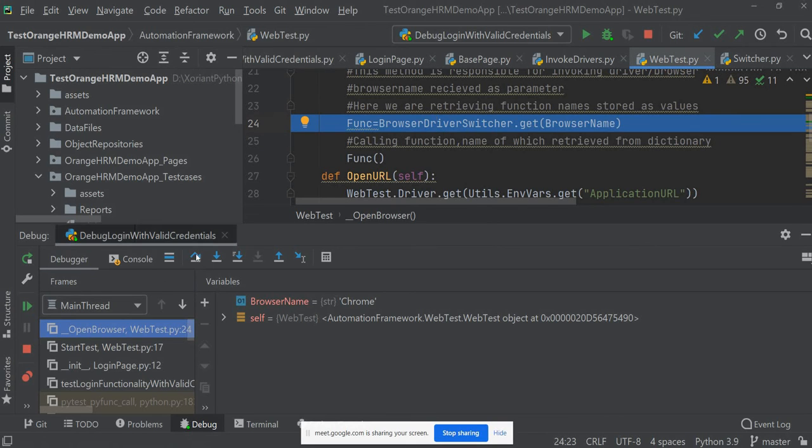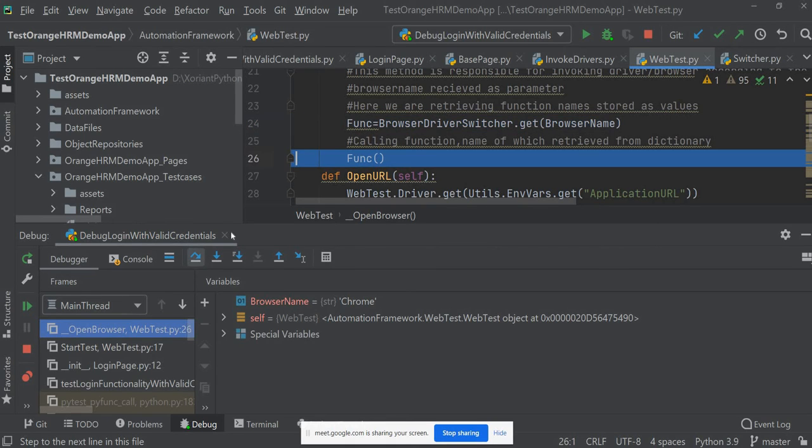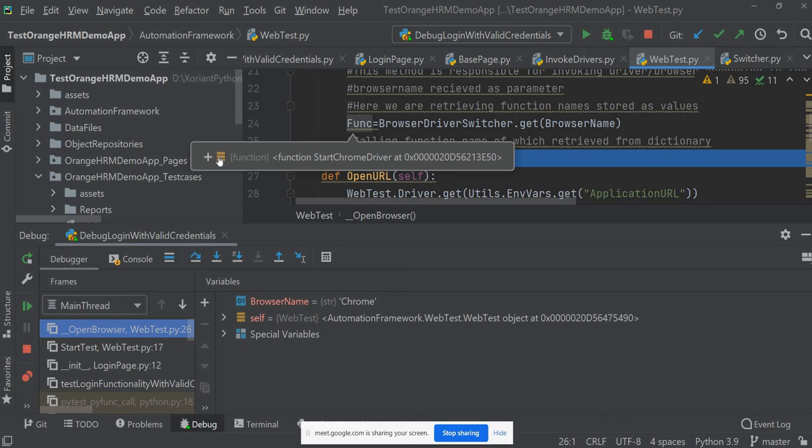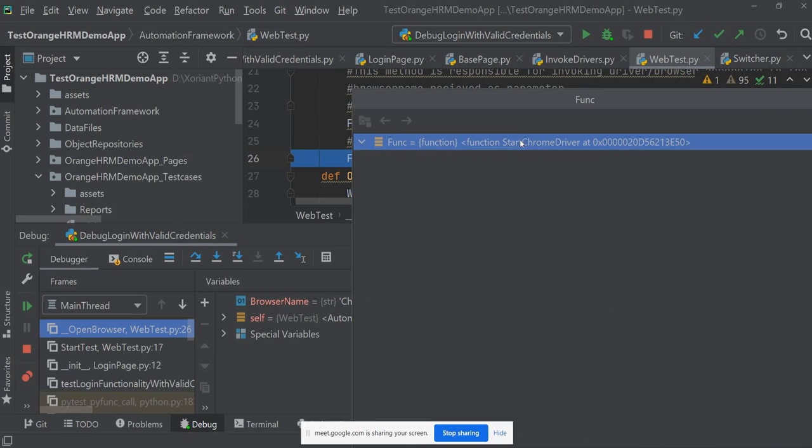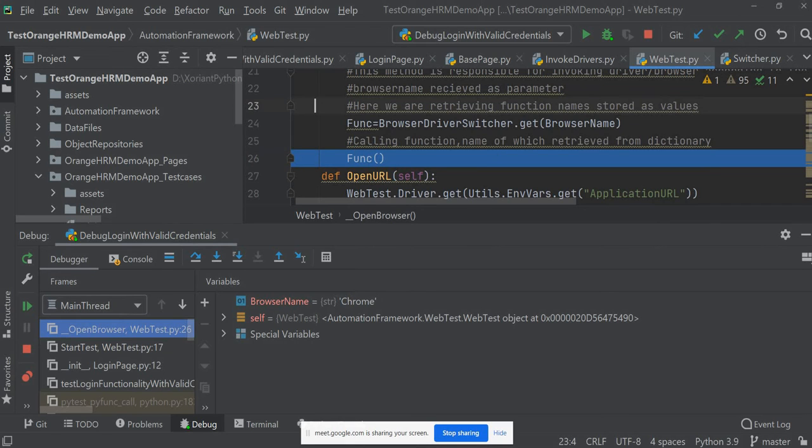I am doing step into, step over. In this variable I have got the name of the function which is stored against that Chrome key. Just a second, I'll show you that. You can see it's a function name, start Chrome driver. And then I'm saying start, it's like saying start Chrome driver and open close parenthesis, so calling.